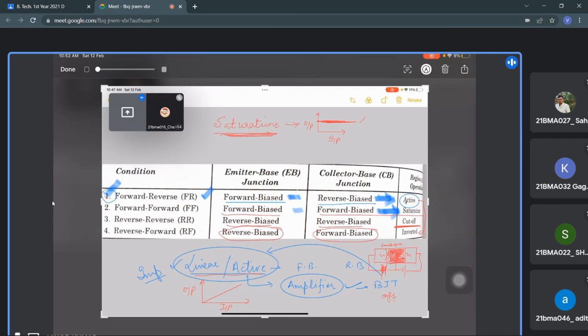Okay. Any questions regarding this? आपने पढ़ा होगा ये सब, but I'm just repeating it for you and making it more clarifying. तो saturation का मतलब ये है, linear active का मतलब है linear region, a relationship between input and output. Whenever we talk about it is input versus output.